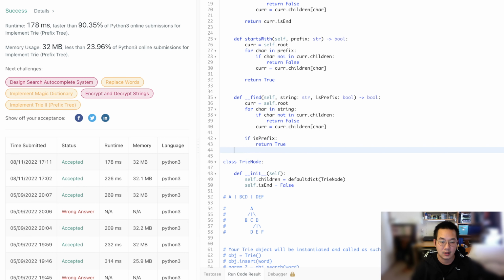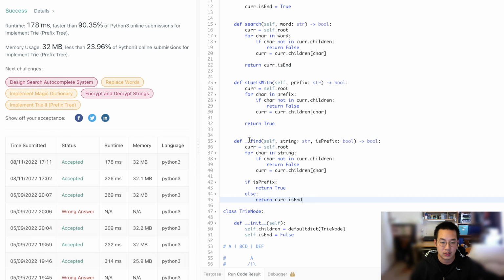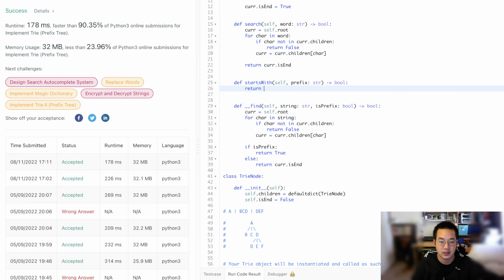Otherwise, it's a word, so return cur.isEnd, and that's it. And so we can use this find. We can do return self.find the prefix, isPrefix,